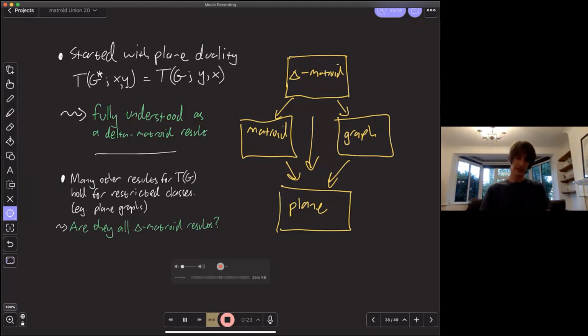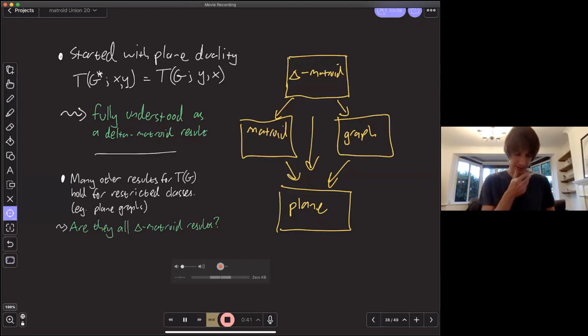And in many cases, they are, particularly anything involving the medial graph, so evaluations involving medial graphs, which sit very nicely in the world of delta-matroids. For most of the results that hold for plane graphs, I don't know yet.